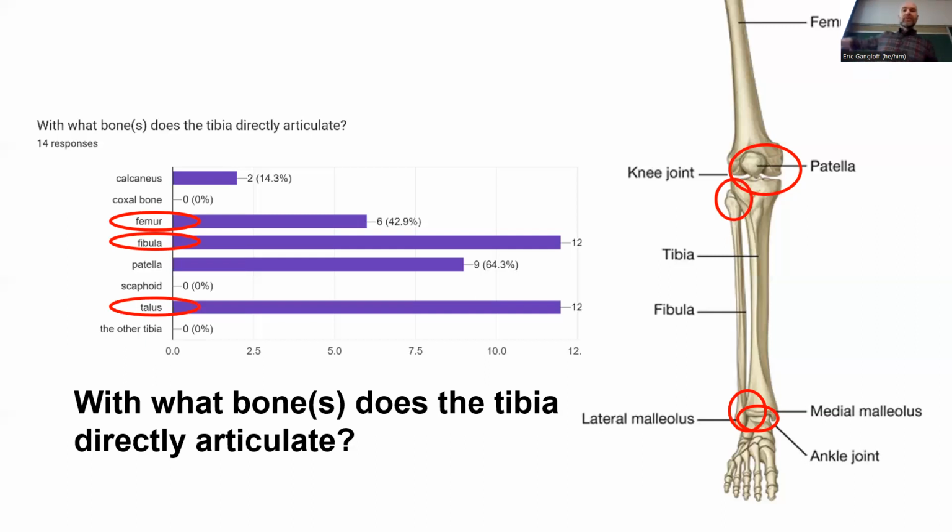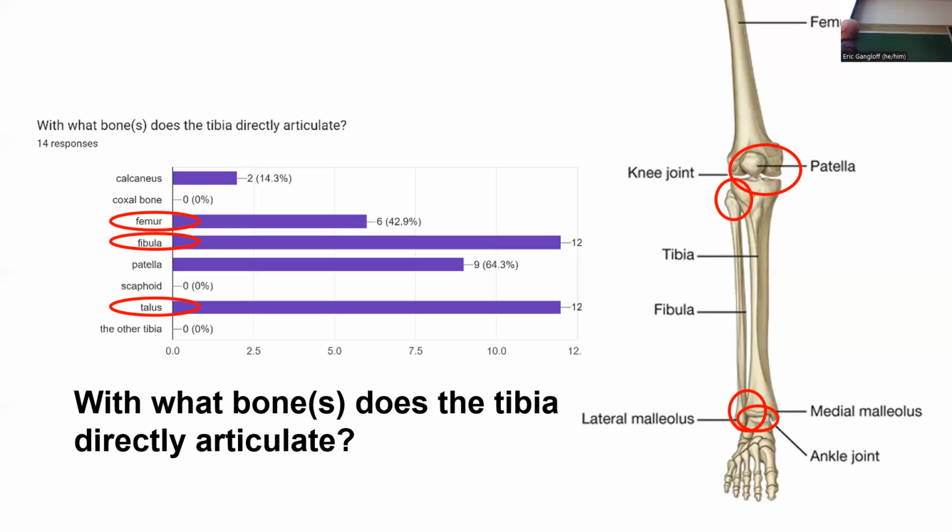Notice that a good number of you put patella. This is tough. I'm going to say no. The tibia doesn't really directly articulate with the patella, and I didn't cover this explicitly in class, so I want to mention it now. You can see here the patella really articulates with that anterior face of the femur there,